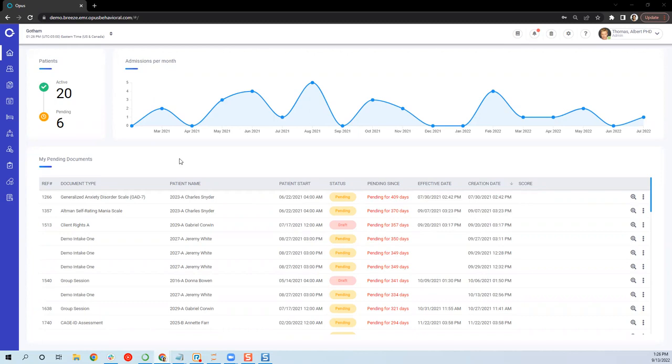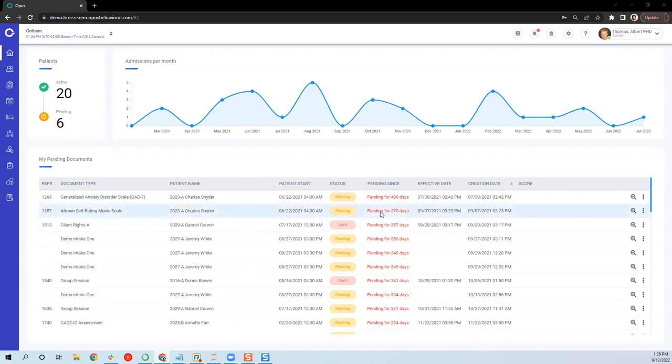Now, for the signed in clinician, this can be very helpful to simply get started or finish on any pending documentation you have. And you can see right here in this red coloring, we can see the number of days that a particular document has been pending. So typically you're not going to see this amount of days here, 409, but of course this is a demo environment. We've been demoing the system for a long time, so we can see some of the oldest documentation that's